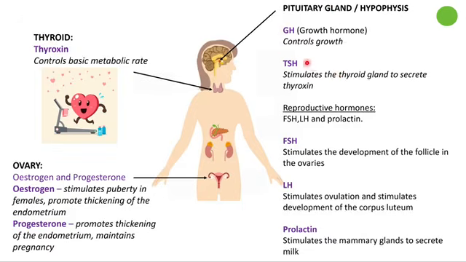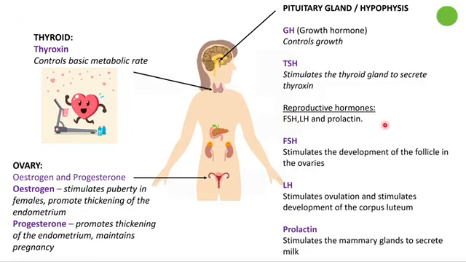Then TSH, or thyroid stimulating hormone, you can just think where it connects. It connects to the thyroid, and it regulates the release of thyroxine. So the target organ there would then be the thyroid gland. Then the reproductive hormones, we see FSH,